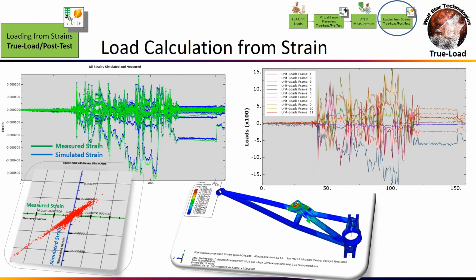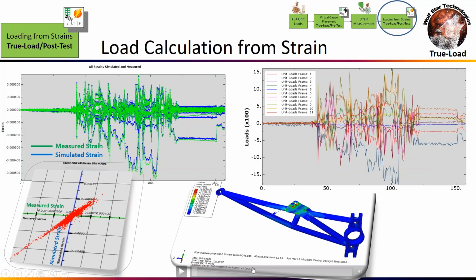So again, the green curves here are the measured data that they collected from this, and what you're seeing here is actually the jump that we just saw the video of. So the green data is the measured strain data, and we took this measured strain data, multiplied by the correlation matrix to generate load histories of the loading here. So here's our 11 time histories of load on the part.